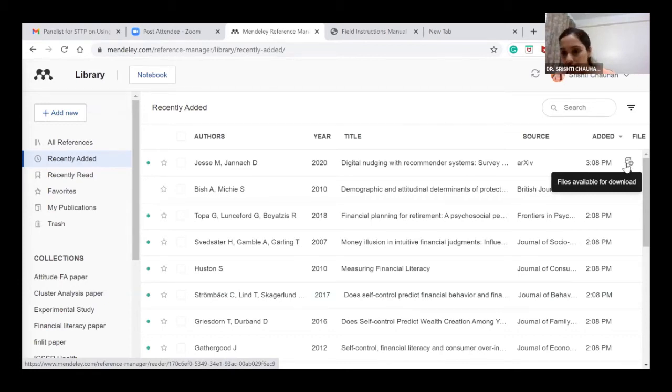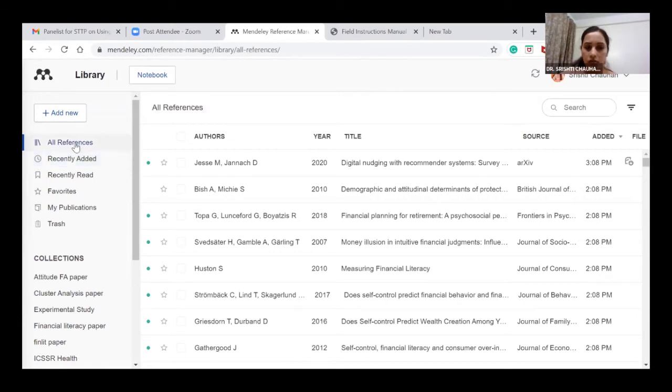सो ये रहा, इसको मैं अगेन आई कैन डाउनलोड इट टू माई डेस्कटॉप यूजिंग दिस साइन, ठीक है, और इस साइन का मतलब ये है कि पीडीएफ फाइल इज अवेलेबल। ओके, सो ऑल रेफरेंसेस में जो लेटेस्ट होता है जनरली वो आता है, और रिसेंटली एडेड मतलब कि जो आपने लेटेस्ट अभी ऐड किया है वो आ जाएगा, राइट। नाउ इसके आगे ग्रीन डॉट आ रही है, ग्रीन डॉट का मतलब है मैंने इसको रीड नहीं किया। अब रीड कैसे करेंगे? सपोज मेंडले आपको ऑप्शन देता है कि आप ऑनलाइन अपना पेपर रीड कर सकते हैं, ठीक है।